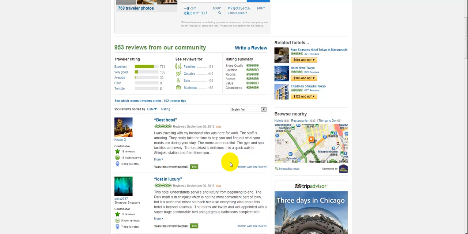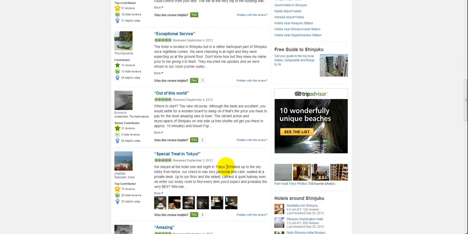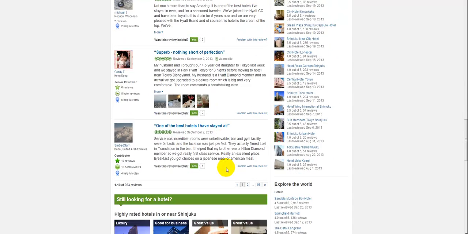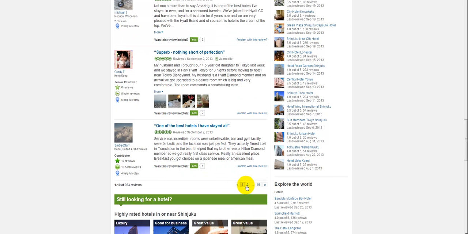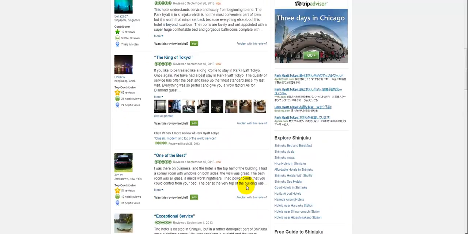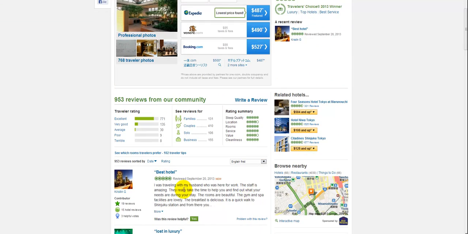But one thing that's going to be tricky for this site, if you wanted to work with it, is that you'd have to figure out a way for your code to go to the next page. This is the first page, and you'd need to go to the next page, and so on. That might be tricky to do, but you might be able to figure it out. That's only if you wanted to collect all the ratings, but actually we have all the ratings, so you don't really have to do that. But anyway,